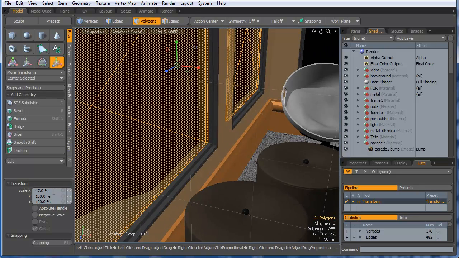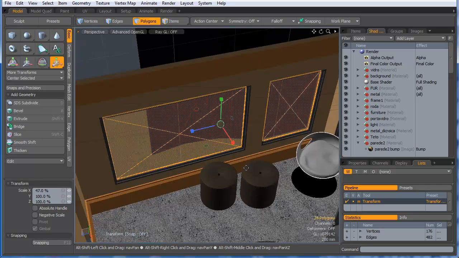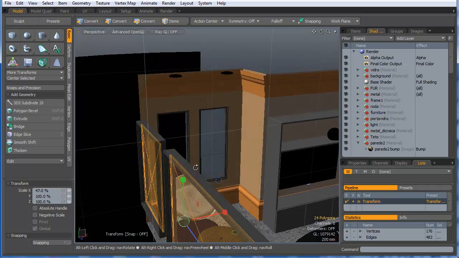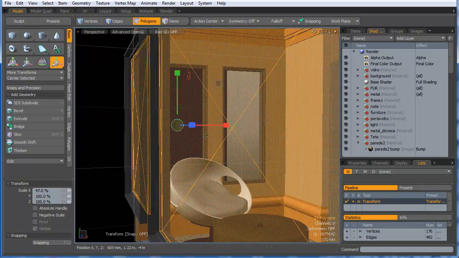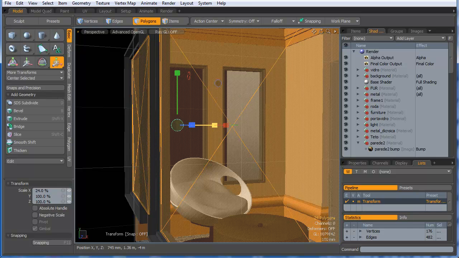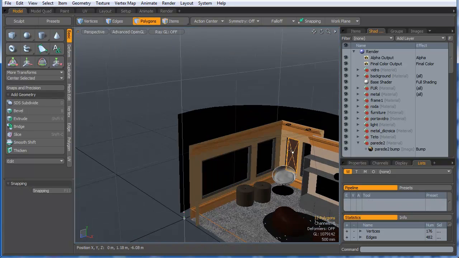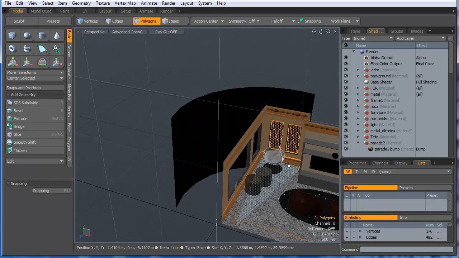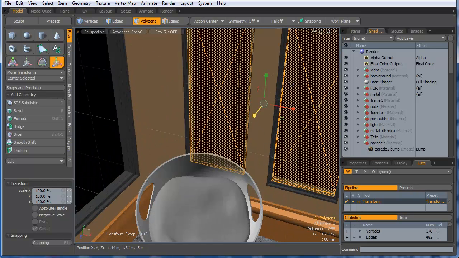It will be 47% or even more. Okay, 28%. Then I select this guy and R for scale and go about 28, 29%. Okay,